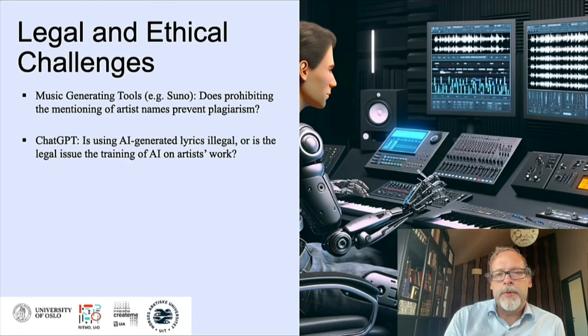When we used ChatGPT to generate musical lyrics with the prompt "create a rap lyric in the style of Eminem and ad-libs in the style of Notorious B.I.G.," the result was impressively accurate. However, even if the tool is trained on the music of the artists mentioned, the generated content isn't a direct copy of their work. This raises an important question. Is the use of the generated result illegal, even if it isn't a direct copy? Or is it the training of the AI on the artist's work that might be illegal, leaving the user of the tool innocent?